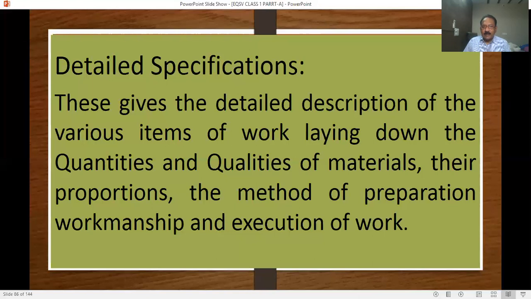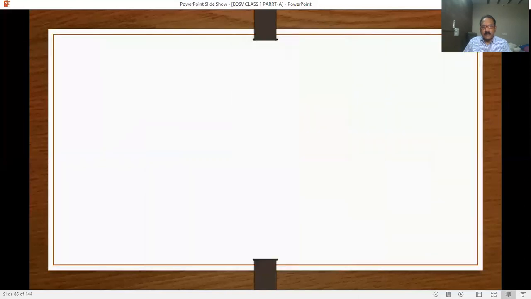This clear information you will get in the detailed specification. What is the type of flooring? What is the type of finishing? These are various items available in the detailed specifications.